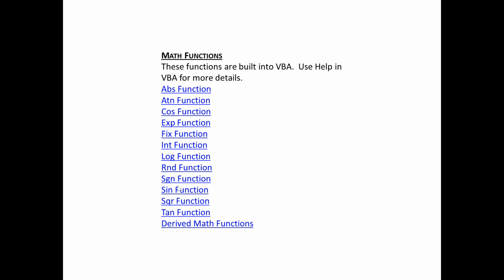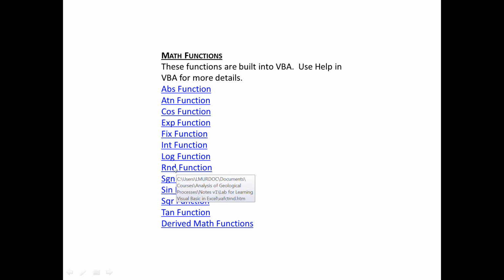This is a list of the built-in functions: the absolute value, arctangent, cosine, the exponential, the fix function. I think this just cuts off all the values to the right of the decimal point. This gives the integer,